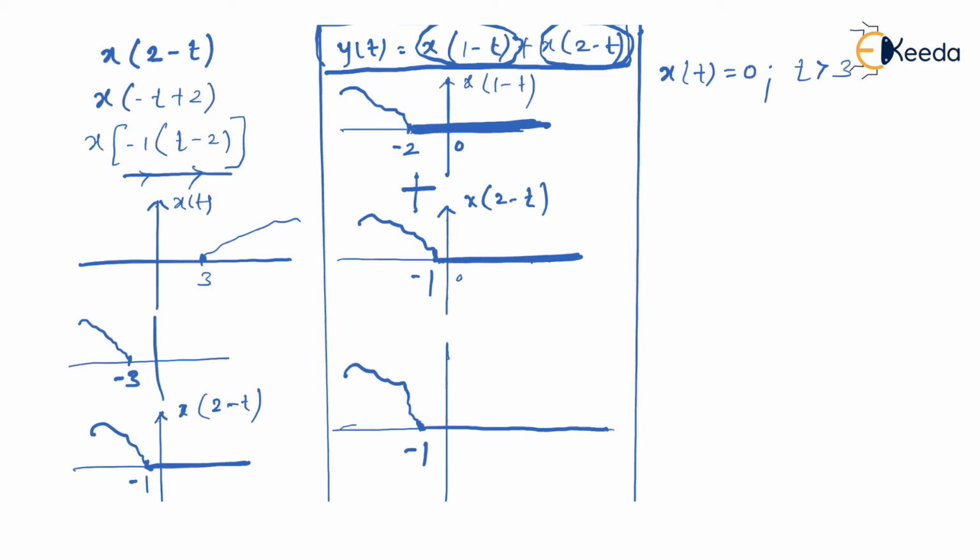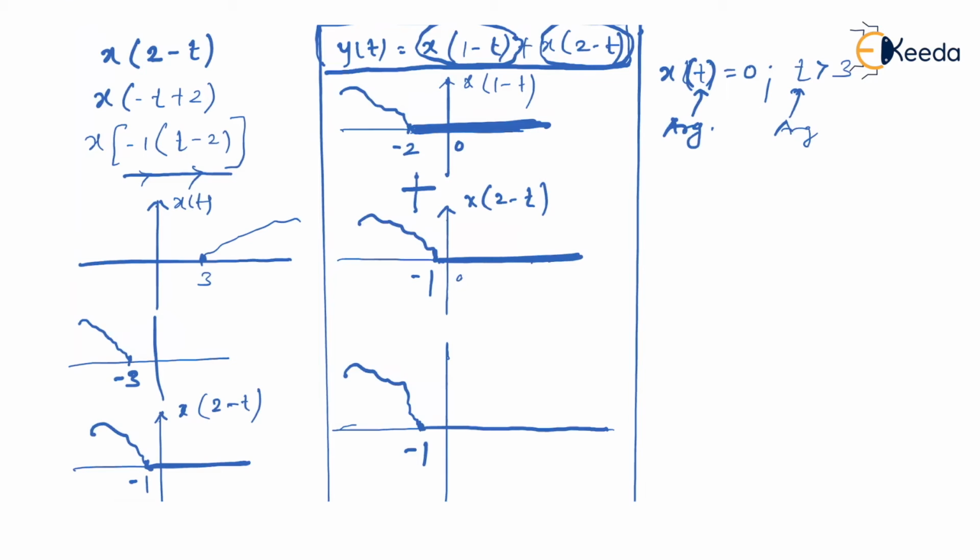What is meant by argument? I'll tell you. Now those who know programming, they must have understood what is meant by argument. Remember, these brackets are called parentheses, and whatever we mention inside parentheses is called argument. So what I mean to say is the property of x of t, which is a parent signal, is always equal to 0 whenever argument is greater than 3. Same concept I'll use and I'll try to get this.